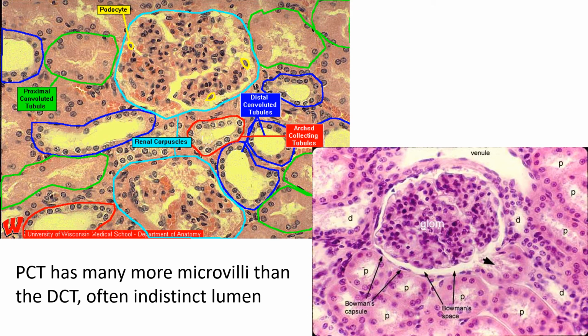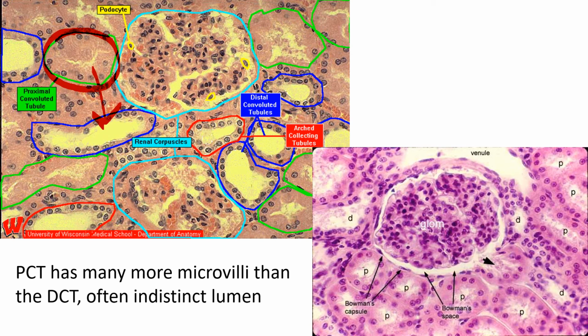Right, so I did tell you needed to know the difference between a proximal convoluted tubule and a distal convoluted tubule. The proximal convoluted tubules, as I said, have microvilli. The distal convoluted tubules don't. So when you look at them down a microscope, the proximal convoluted tubules, you can see one here, look furry on the inside, whereas if you look at this one, which is a distal convoluted tubule,